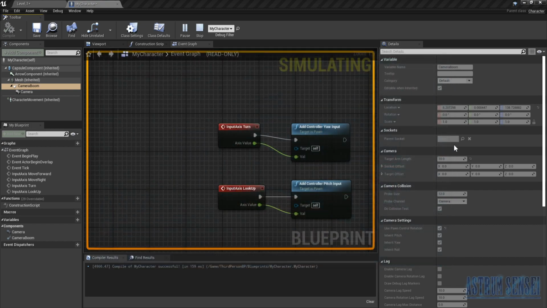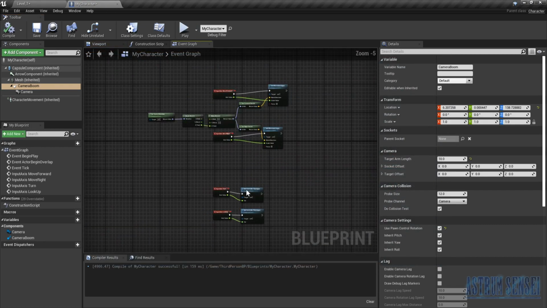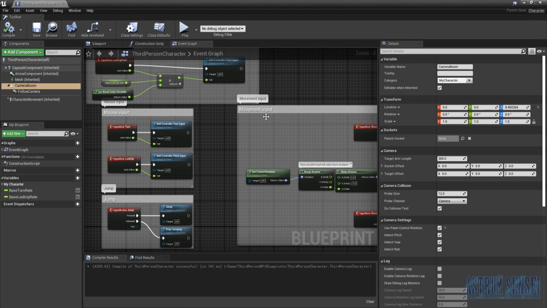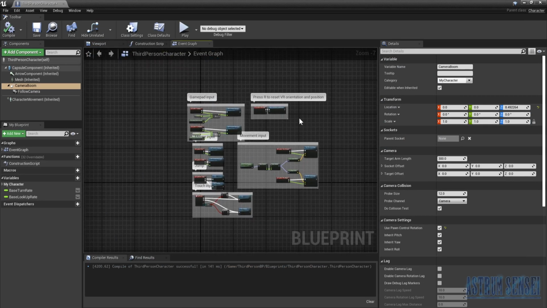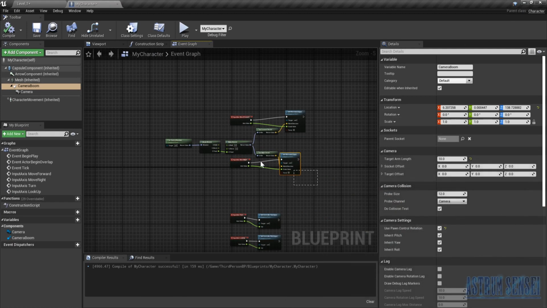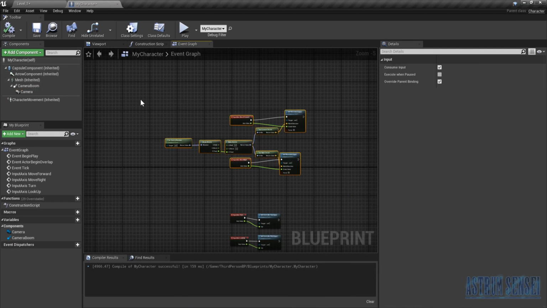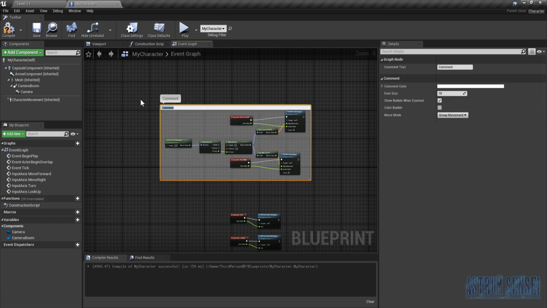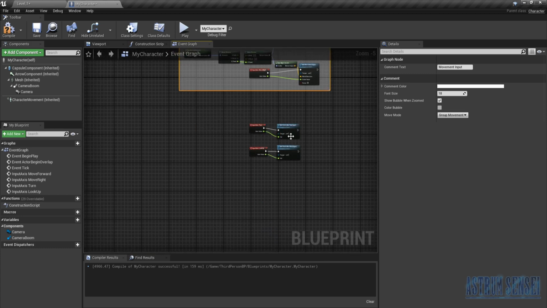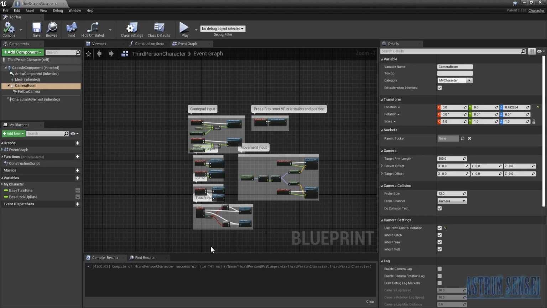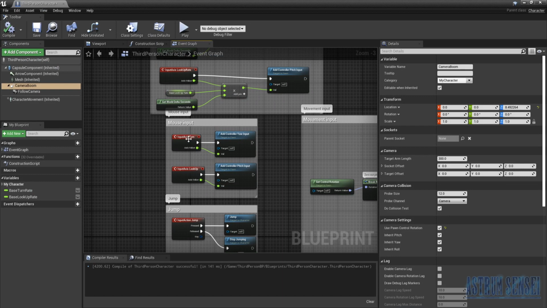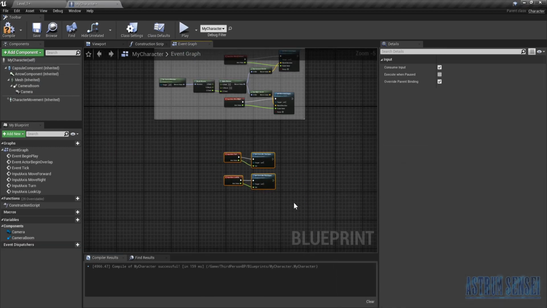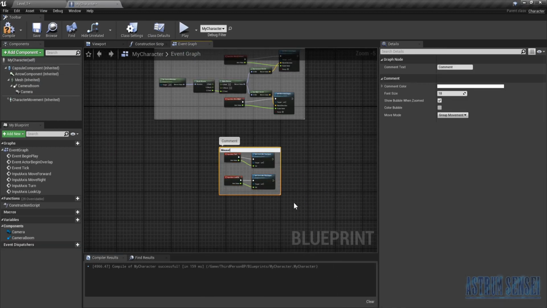So we are going to do that now, but before we do that, we are going to organize this part. So to make it the same as the preset or the template, we are going to add comments. So I'm going to select all of the movement blueprints and press C on them, and that should add a comment. I'm going to type in movement input, and this one, what is it called here? It's called mouse input. So we are going to name this mouse input,